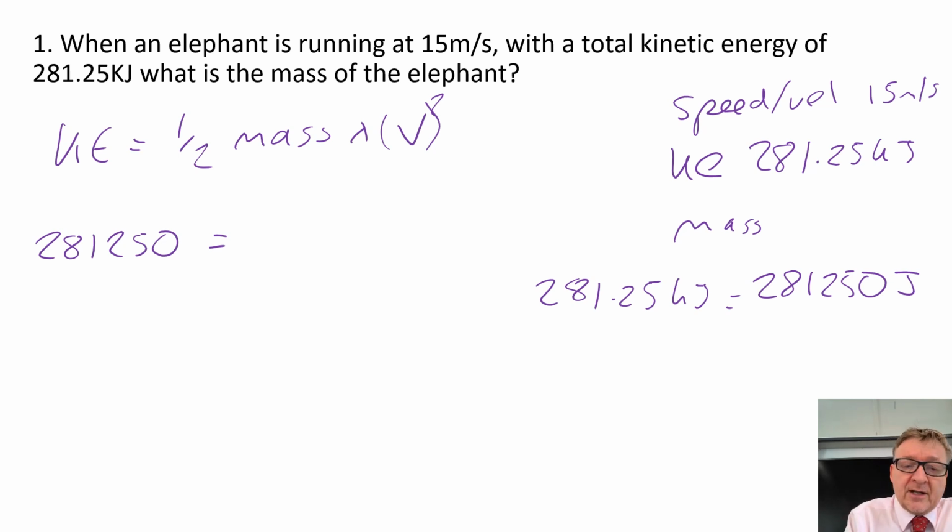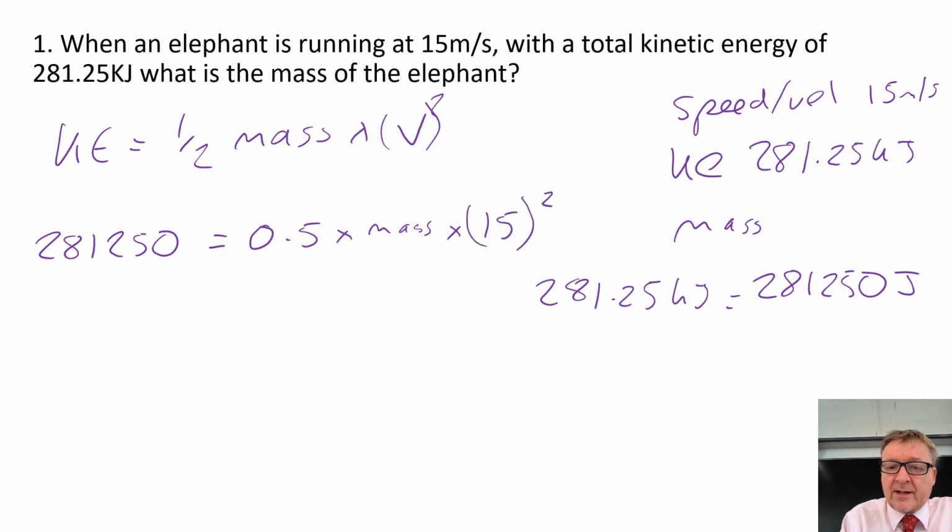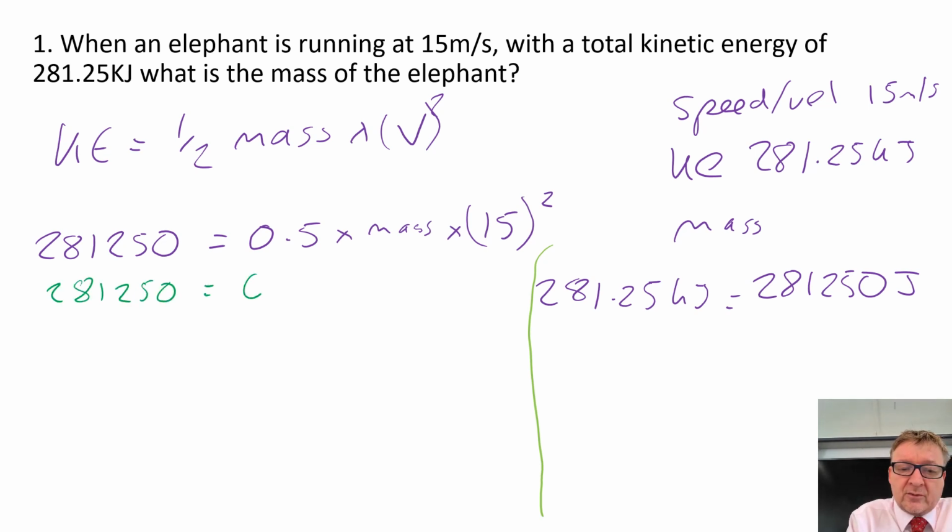So I'm substituting in. Equals 0.5 times the mass, we don't know it, times 15 squared. Okay, wow, that looks a lot more complicated than some of the others. I'm going to put a little line down there so I don't get it all confused. Okay, and I'm going to start doing it in green. Now I'm going to break it up a little bit and do it step by step. So I'm going to have 281,250 equals 0.5, I'm not going to do anything with that yet, times by mass, times by 15 squared,